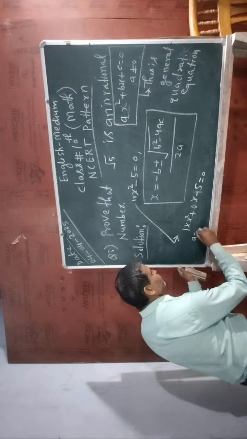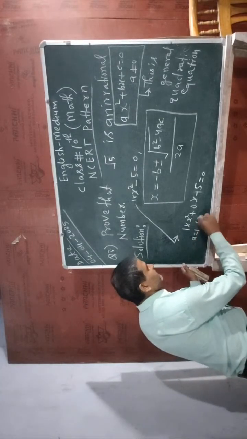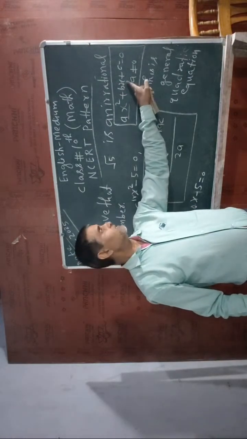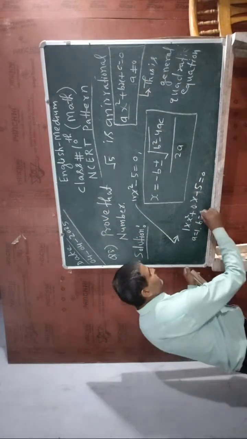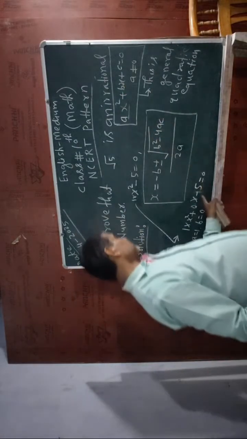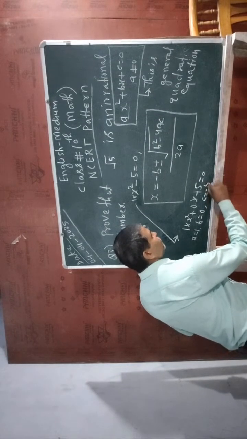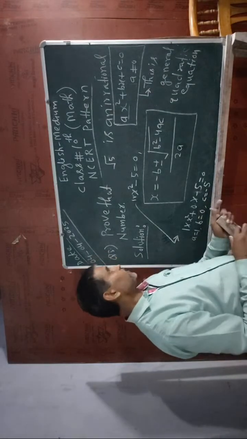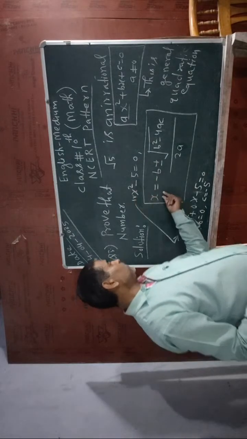So here I will put the value of a is equal to 1. Here the coefficient of x is b, but here the coefficient of x is 0, so I will put its value 0. Now here the constant is c, but here the constant is -5. It means that c is equal to -5. So the values of a, b and c I have got from this quadratic equation, and after getting them I will put